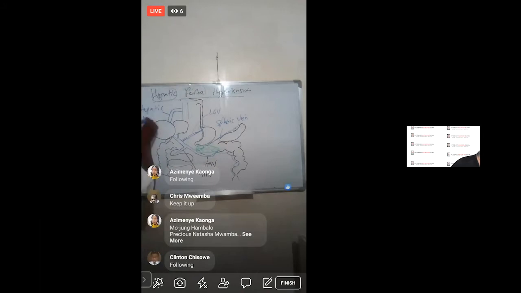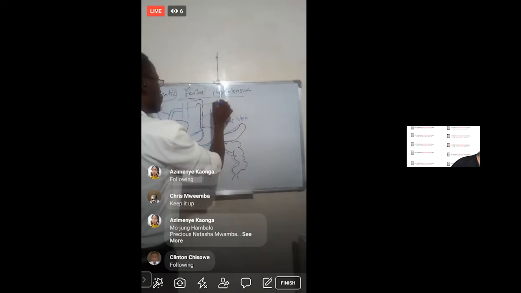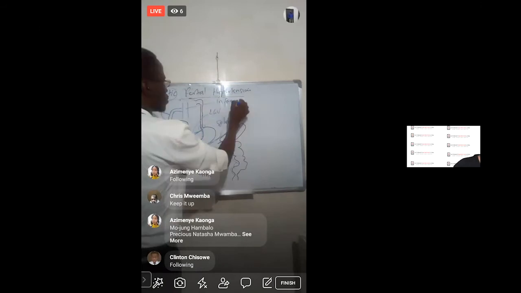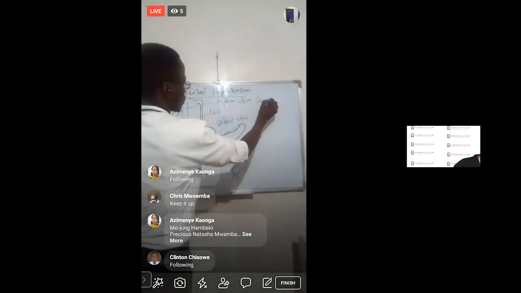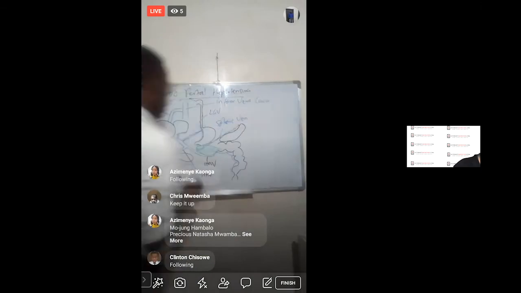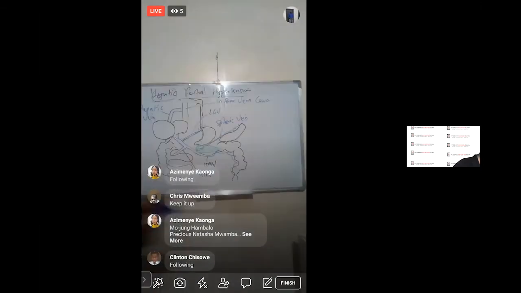Then this is the inferior vena cava. All right. So now, when we talk of portal hypertension, like we mentioned, we said that portal hypertension is a rise in